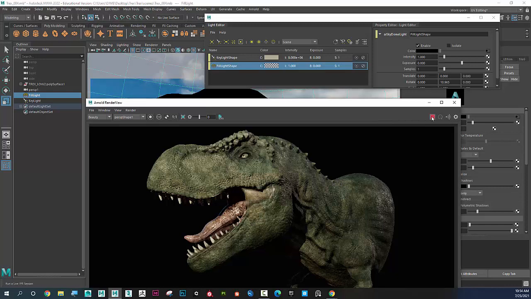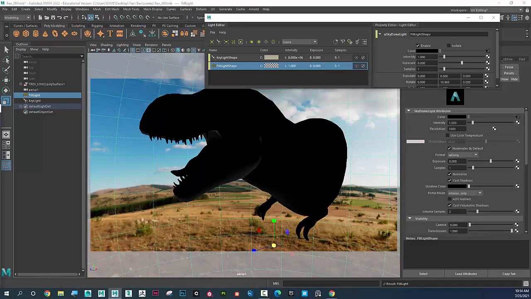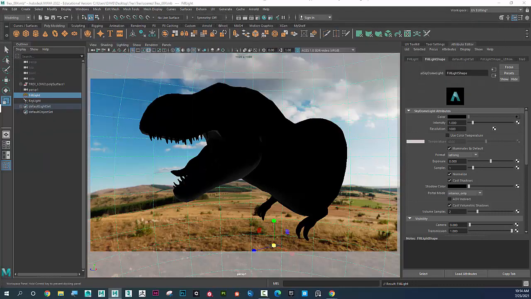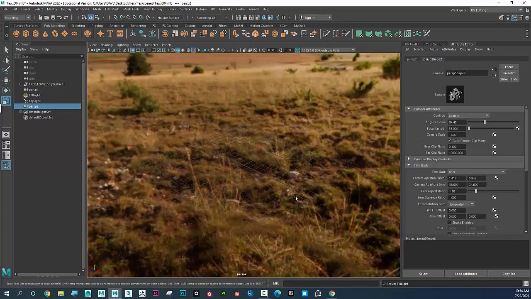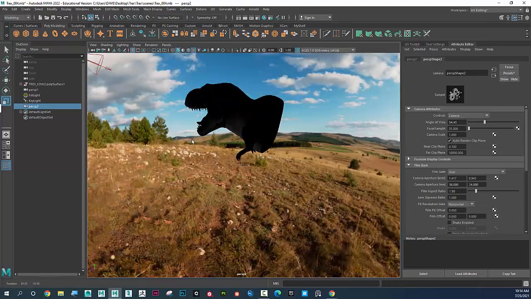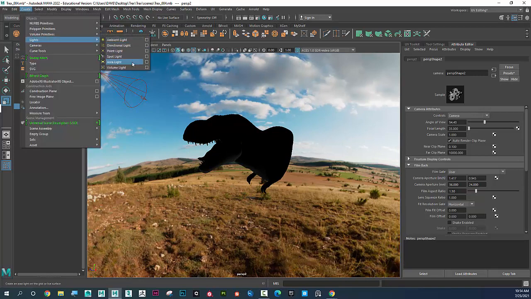So once again, I'm going to stop this render anytime I introduce a new light. And I'm going to go into a different camera. I don't want to disrupt this camera angle. Maybe what I want to do is just go to perspective new, and now I have a new camera, and now I can move this around as much as I want. I'm going to go to create, lights,